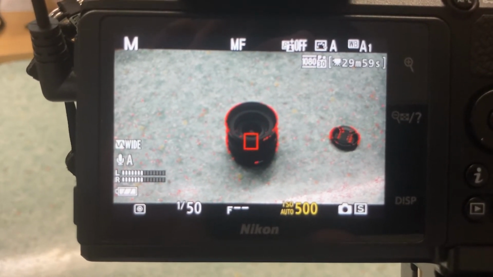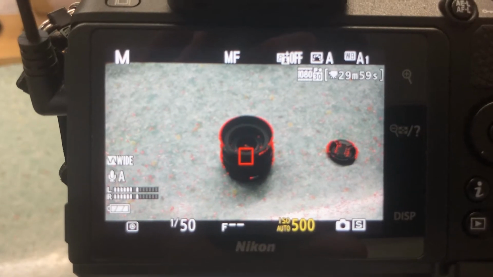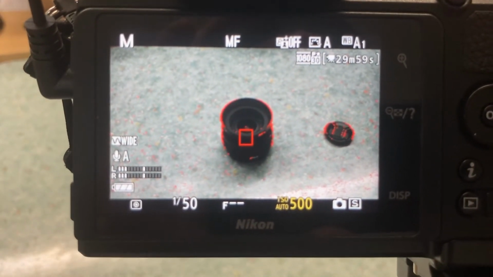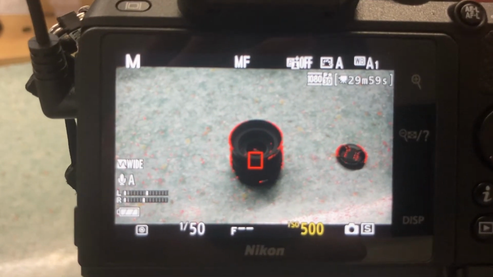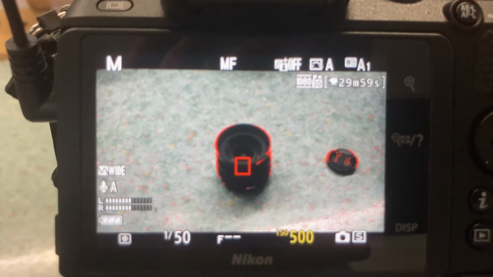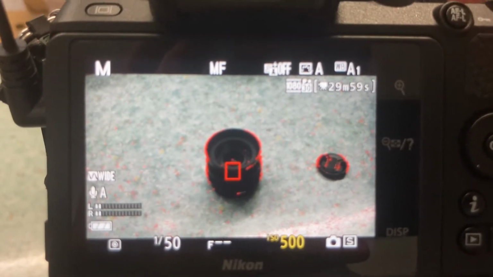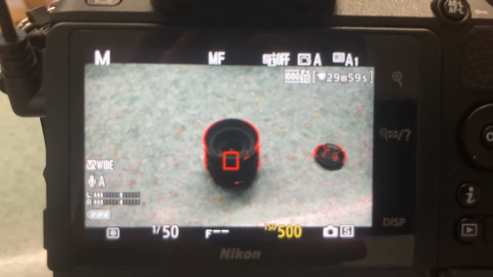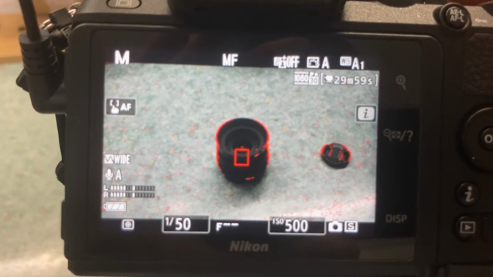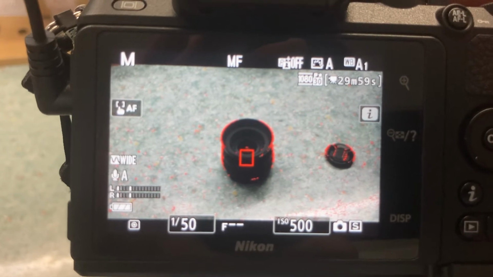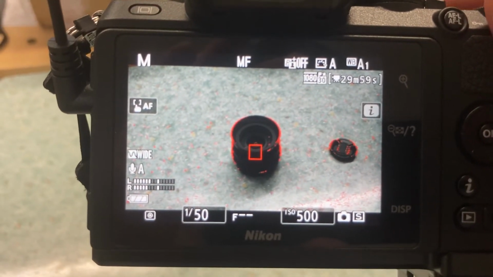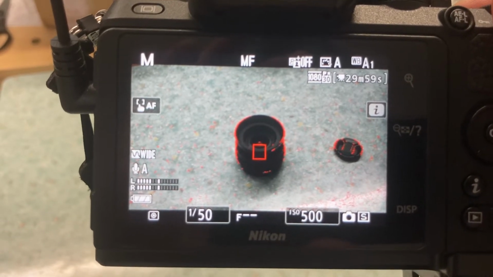So you continuously press the ISO button. Meanwhile, you also press the front dial button. So you see, then it's changed back to ISO without auto. Once you do this step, you can release your finger, and then the color turns white. So it's done, and now you can change the ISO setting.